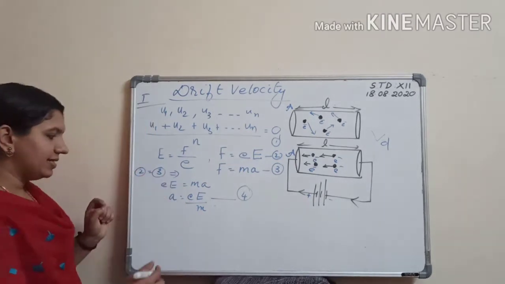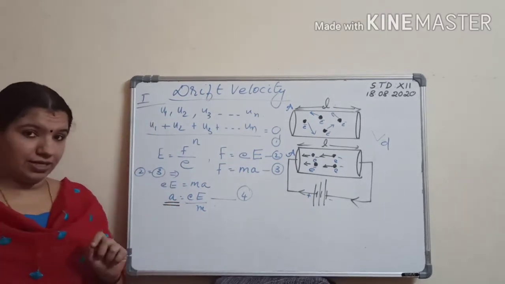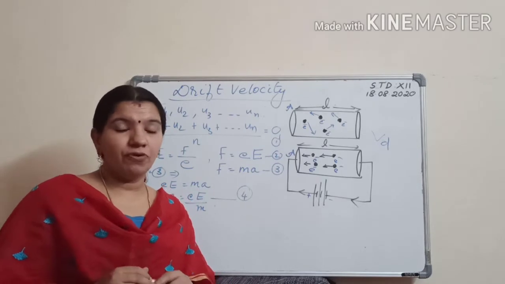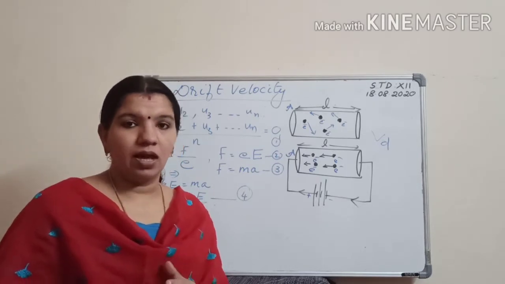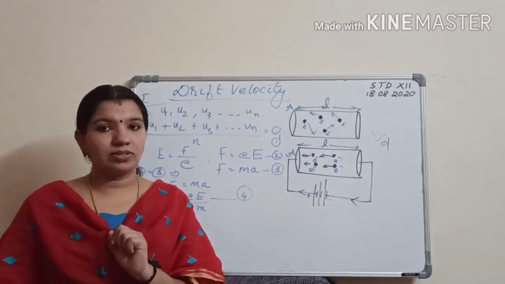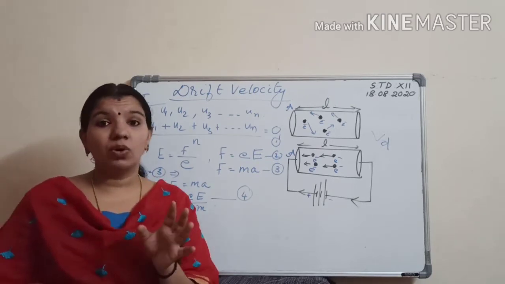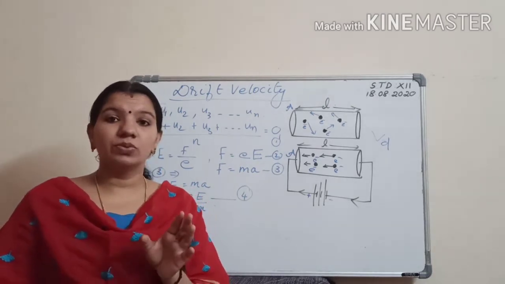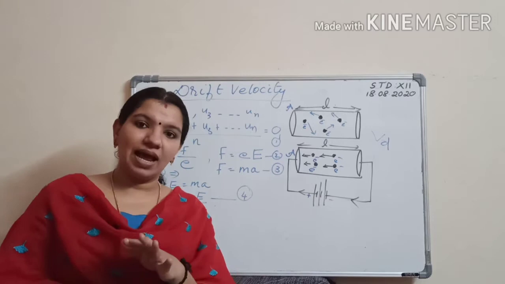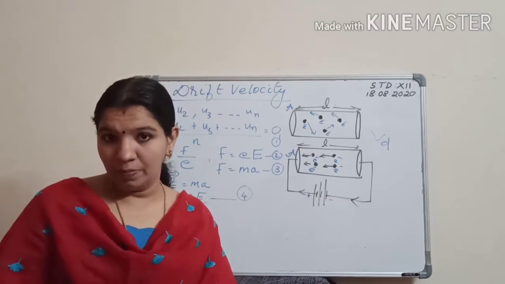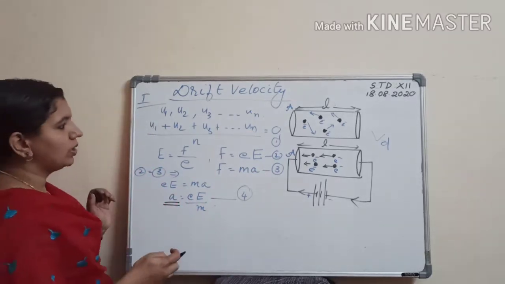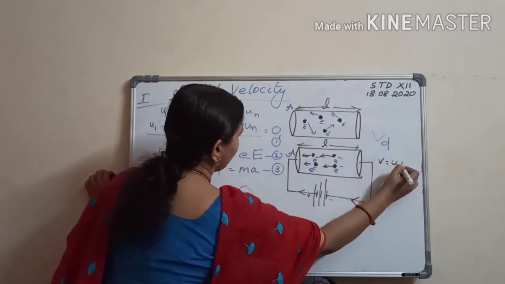So this acceleration is the constant acceleration of each individual electron. Now if it is constant acceleration, you can use Newton's laws of motion. You have studied equations of motion where v equal to u plus at, then s equal to ut plus half at square, and v square minus u square equal to 2as. These equations are applied for constant acceleration. You remember? Now I am taking the first equation of motion here in this case, that is v is equal to u plus at.